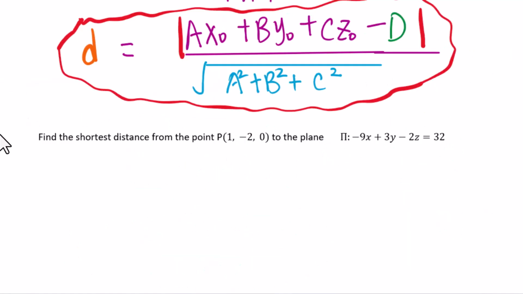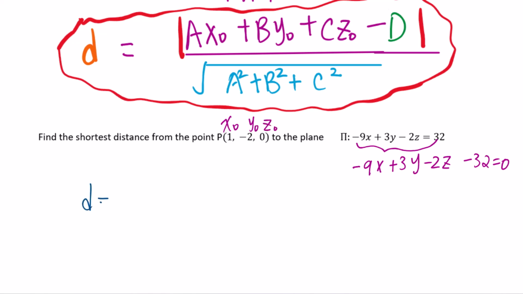Let's go to an example. Find the shortest distance from the point P to the plane pi. First step, change this into equal to 0 form: negative 9x plus 3y minus 2z minus 32 equals 0. Then this is x0, y0, z0. This distance equals